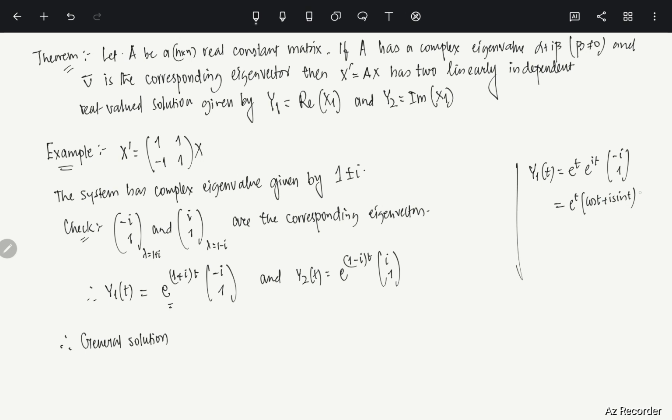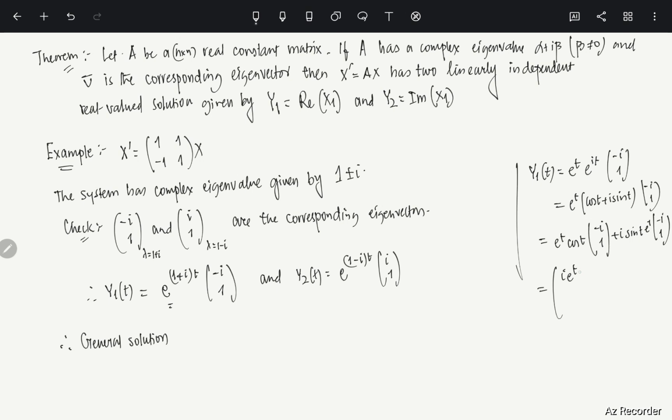Clear? And then minus i and 1. Okay, so it is e to the power t (cosine t minus i, 1) plus i sine t e to the power t (minus i, 1). Yeah, this is what we are going to get. Okay, so if you calculate this part, it becomes i e to the power t